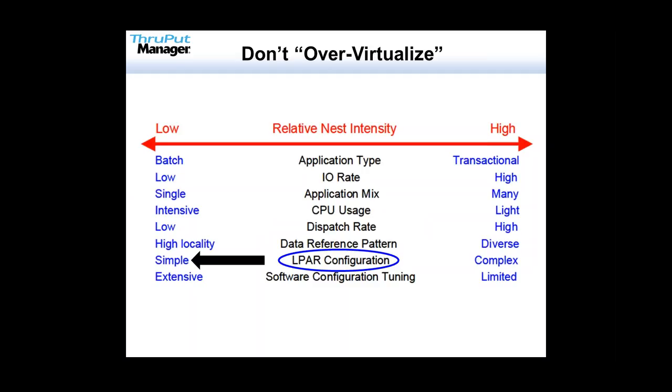LPAR configuration refers to the number and complexity of the LPARs on a given machine. The z13 allows up to 85 LPARs on a single machine. And if you're running z/OS 2.1, they've increased logical processors per LPAR to 141. If you do the math, think about that. Just because it's possible doesn't mean it's necessarily a good idea